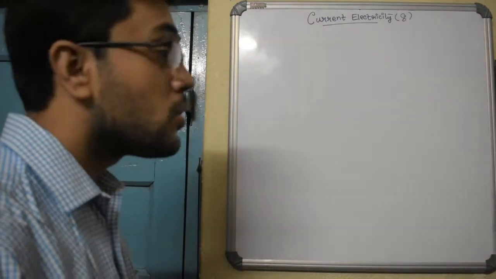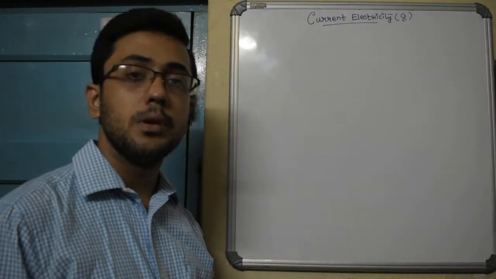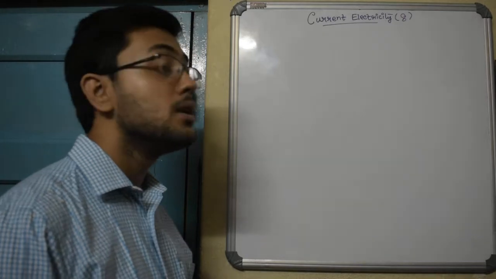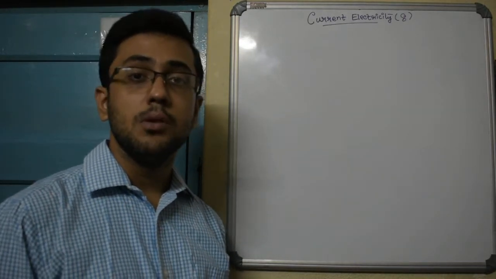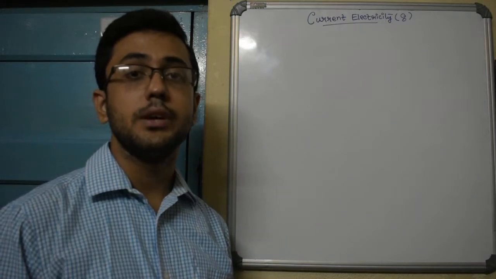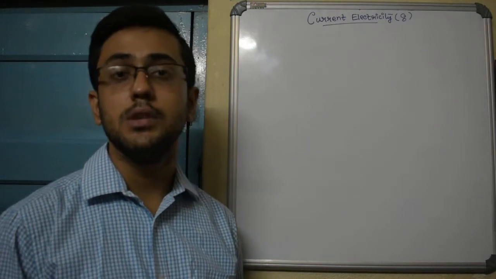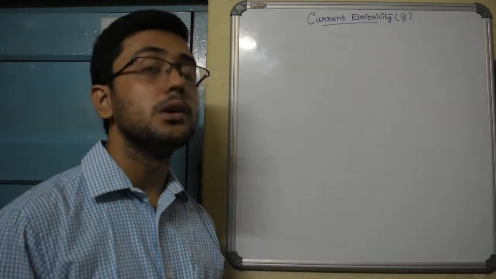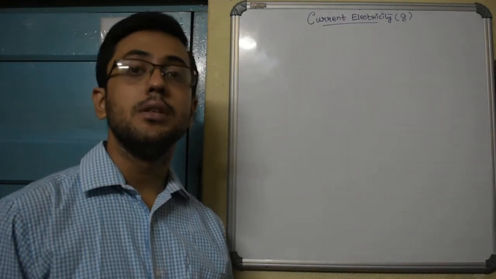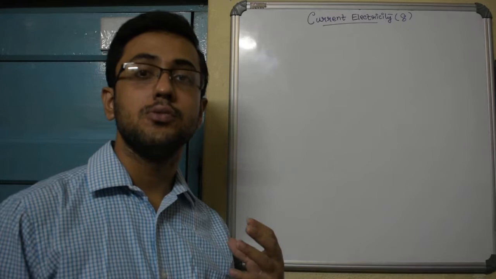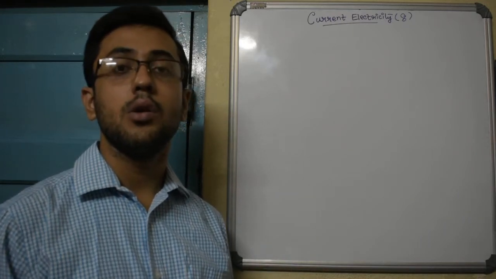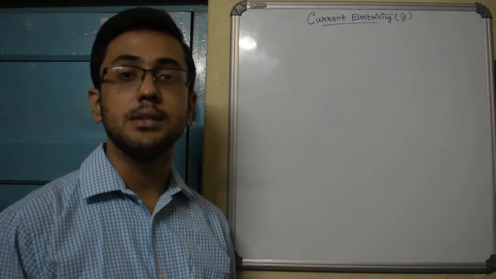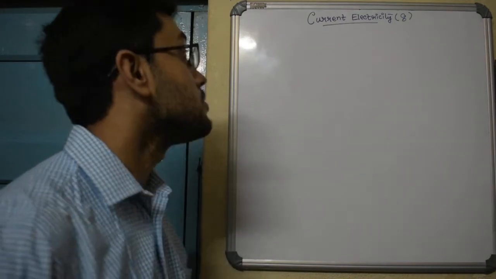So electricity is one of those things with which we are all familiar. It is one of those things without which our present life is unimaginable. Most of the objects, gadgets, and instruments that we use in our daily life are somehow dependent on electricity. Now we will get a chance to know what is actually happening, what is the reason behind this current flowing, and what the concepts of potential and resistance are when we study this chapter.